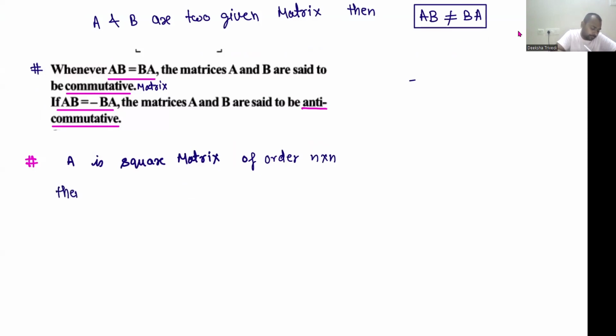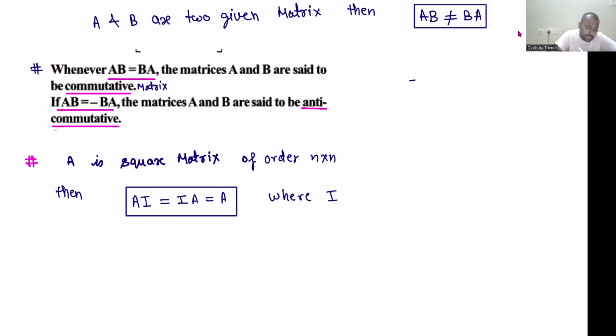Then A into I is I into A is equal to A. So if any matrix is multiplied with the identity matrix of the same order, then we have the same result,